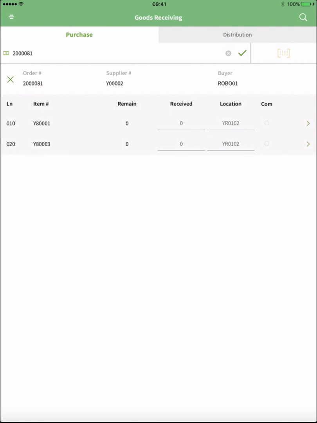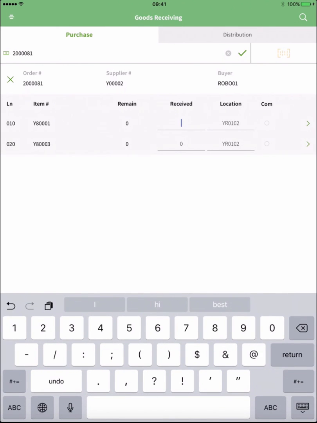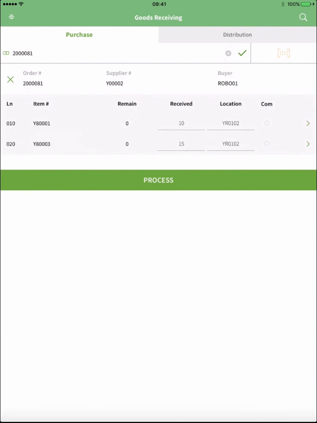If I just put in here 10 units of the first one, let's say 15 of the second, we see once the mandatory information is input, which in this case is just quantity to receive and location to receive into, then we get that green process bar appearing at the bottom. We've got the completion flag out here to the right, so I could finish mark these lines by tapping that completion flag, or I could leave it non-completed, as I'm going to do in this case,